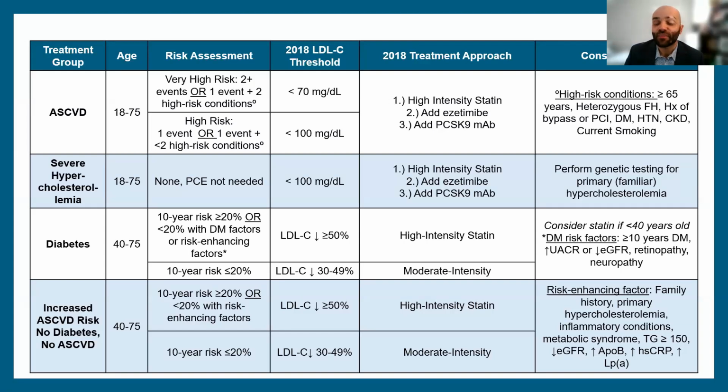And what we often call a treatment threshold, meaning that let's say somebody has an LDL of 80 on a rosuvastatin and ezetimibe, we would then say, hey, you're above our threshold, we want to keep treating. And then we would add something like a PCSK9 monoclonal antibody. Severe hypercholesterolemia is, again, we don't need the pooled cohort equation. That's only for primary prevention folks.